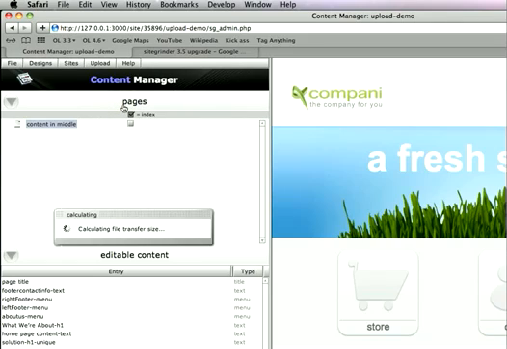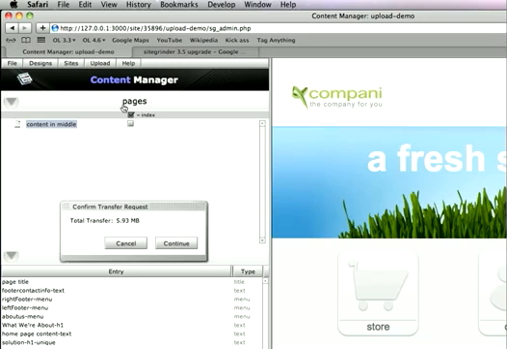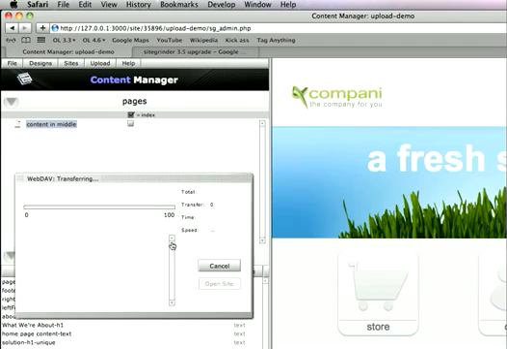Now when I call up any of these upload things, SiteGrinder is going to calculate for a little bit on how big of an upload or download it needs to do. Here it's giving me a total transfer. It's going to be about 6 megabytes, and I will click continue, and now the transfer starts, and we will watch it run up here. I will probably stop this video now, so that we don't have to wait for all 6 megabytes to upload,